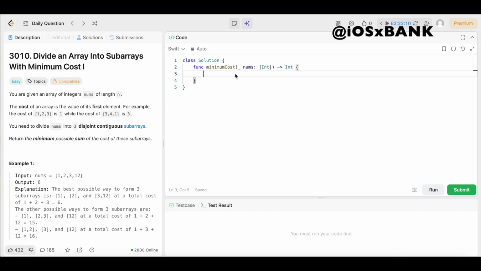All right, y'all, we're back again, another day, another LeetCode problem where we're doing daily LeetCode problems. And today we have question number 3010, Divide an Array Into Subarrays With Minimum Cost 1. The difficulty level is easy, so you already know we're going to keep the solution as simple and easy to